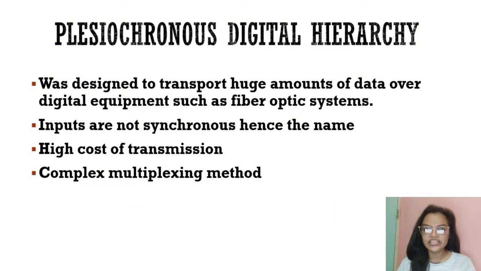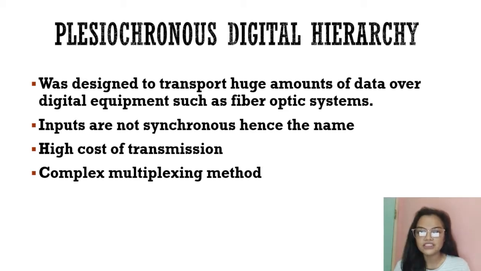The Plesiochronous digital hierarchy was designed to transport huge amounts of data over digital equipment such as fiber optic systems. The bit streams from different sources are not guaranteed to have exactly the same timing. Even though the nominal bitrate is the same, this is due to the fact that each piece of exchange equipment uses its own internal clock for timing purposes. Although these clocks are extremely accurate, they are not synchronized, and there will be enough difference in the actual bit rates of the tributaries feeding into a given multiplexing level to require some additional overhead in order to provide the